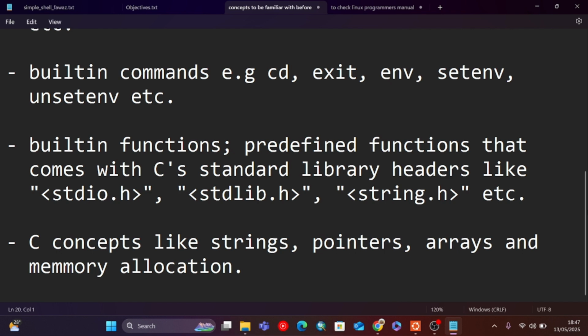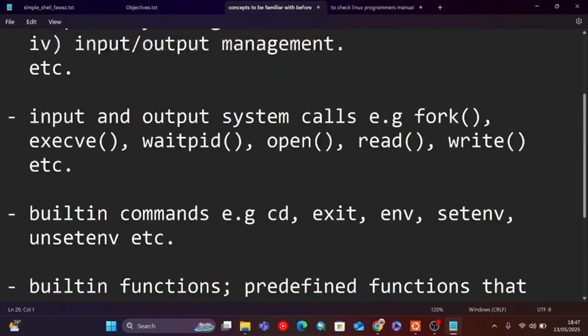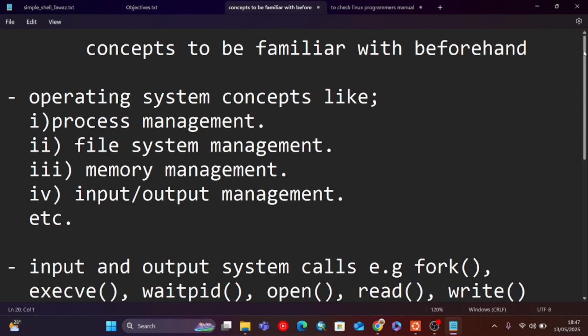And you need to understand core concepts like strings, pointers, arrays, and memory allocation. Basically, you need a core foundation of C programming concepts to be able to go into